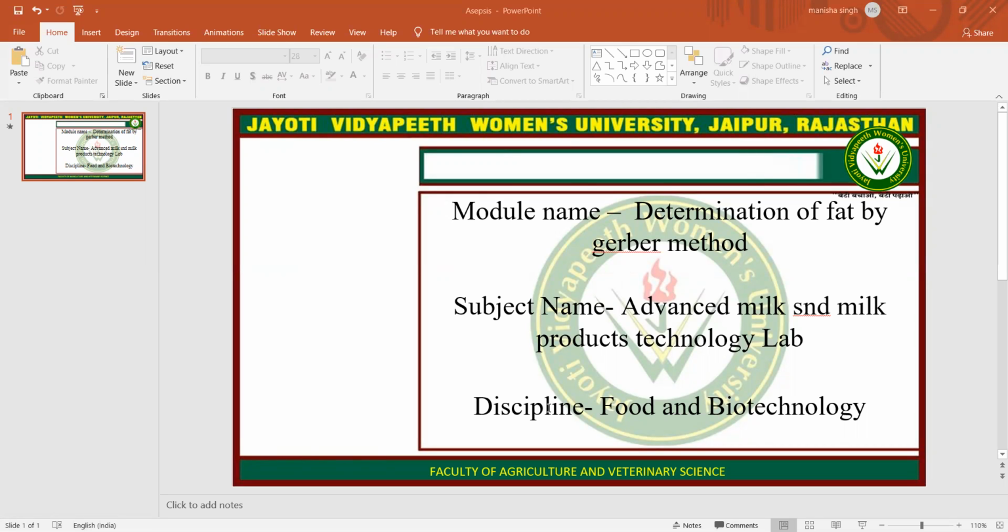Equipment and reagents are required. First of all, sulfuric acid, whose density is 1.807 to 1.812 grams per ml at 27 degrees Celsius, and it must be colorless. Then amyl alcohol, butyrometer 6%, 8%, and 10% scale depending upon the fat content. Stoppers and shaker stands for butyrometers made of suitable grade of rubber or plastics. 10 ml acid pipette for sulfuric acid, 10.75 ml pipette for milk, 1 ml pipette for amyl alcohol, centrifuge, electric or hand driven, water bath at 65 plus minus 2 degrees Celsius.